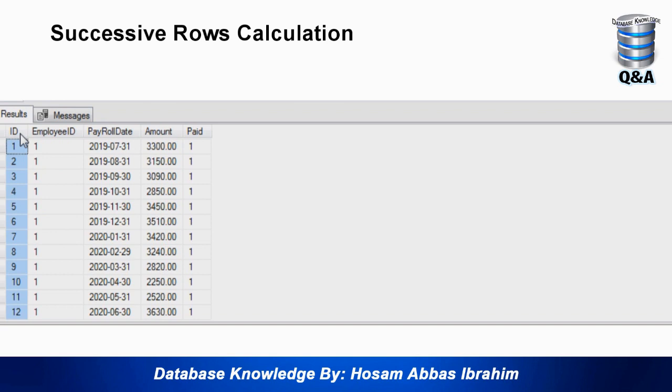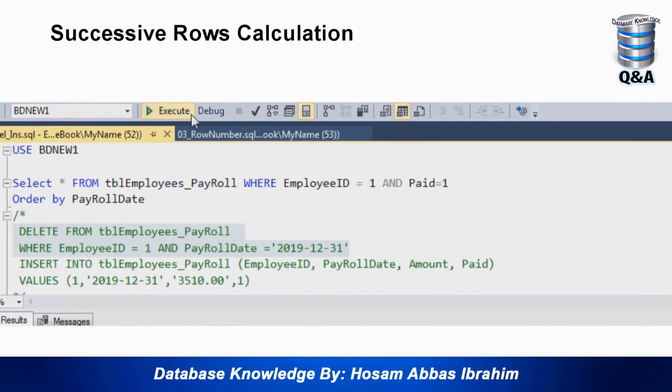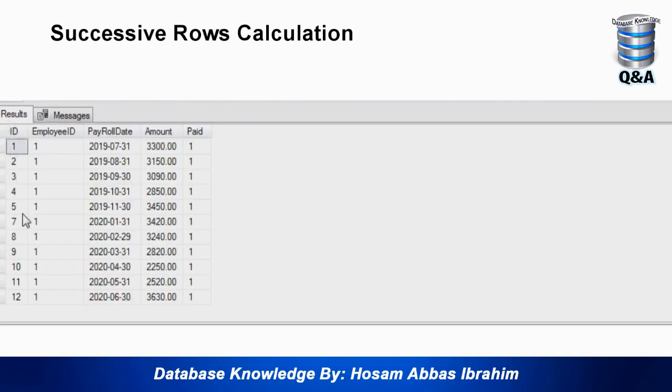The ID column here looks fine, very sorted. It happened like that because this is the way the data was entered, and this cannot be used to sequence my records, simply because if I delete this row, which is number 6 at end of December, and insert it again, now it is number 6, but if I delete it, here it's gone. I have 5 and 7.